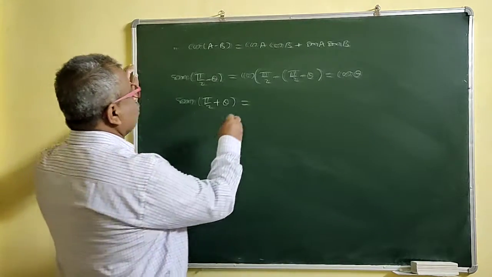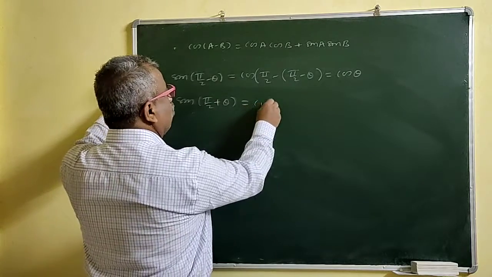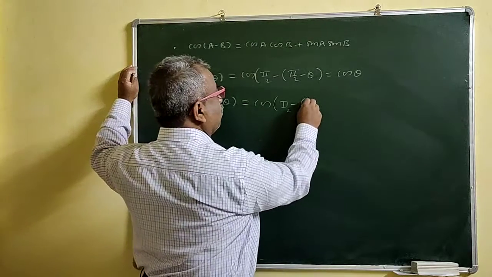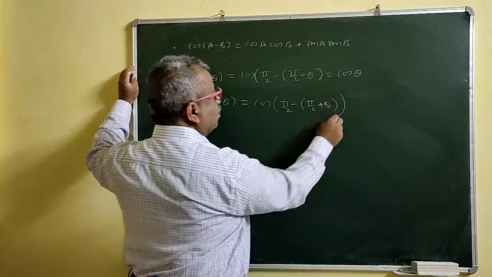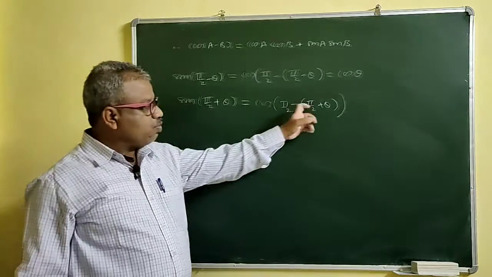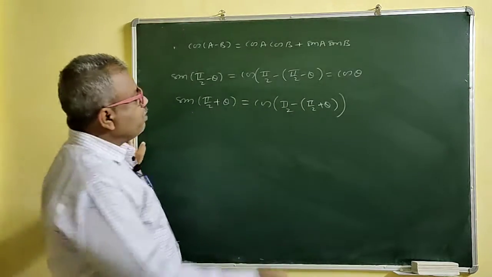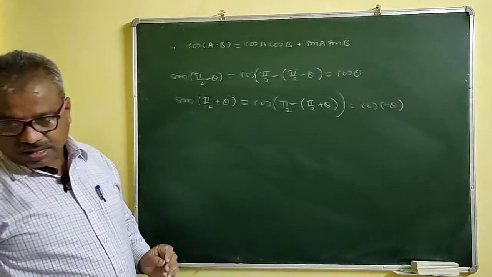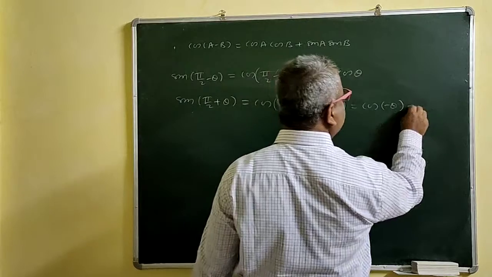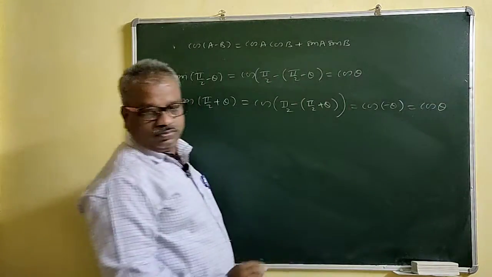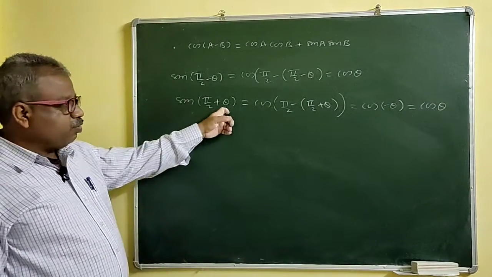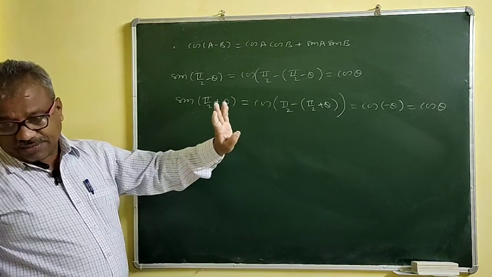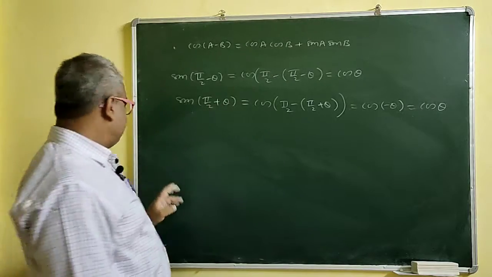How can we write this in terms of cos now? So sin(pi/2) is what? Cos of (pi minus...) now, pi/2 minus, right? Cos of (pi/2 minus (pi/2 plus theta)), right? So here your pi/2 gets cancelled. So what do we get then? This is cos of minus theta, right? But cos of minus theta is the same as what? Cos theta, right? Now here see, sin(pi/2 plus theta) is cos theta. But cos(pi/2 plus theta) is minus sin theta, right? So take care of that one.